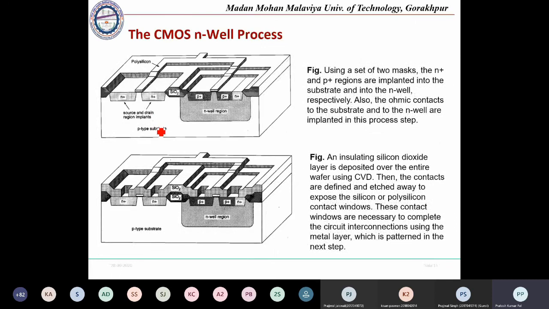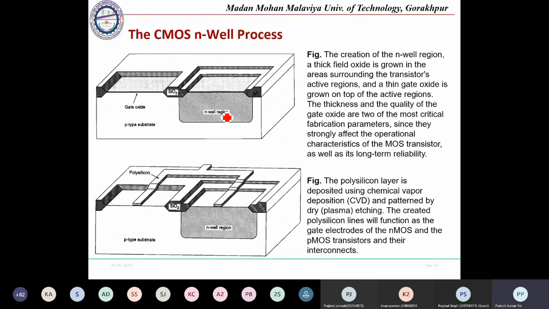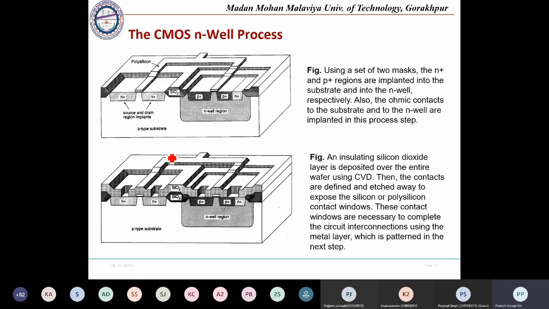The similar steps will be followed that we followed in the previous NMOS fabrication. Once we have deposited the N-well region, all the steps will be similar. Once we have deposited polysilicon, and after etching out, we will be providing space for the N plus region, also source and drain. Here similar source and drain will be there. In that region, N plus will be deposited, and in the N-well, P plus regions will be